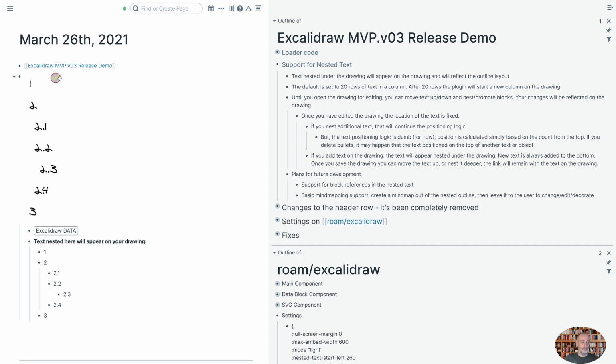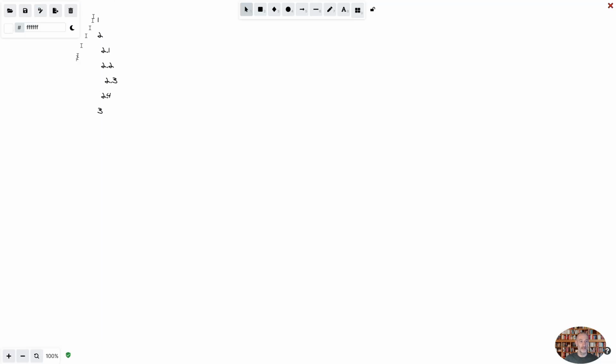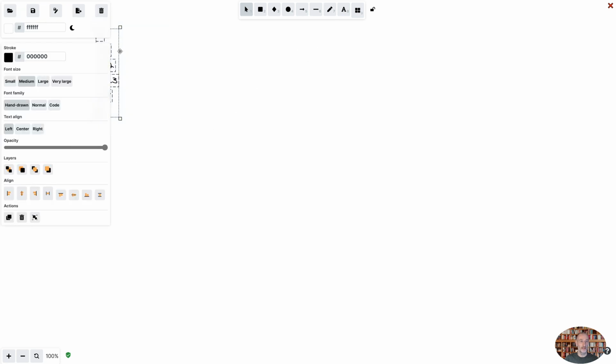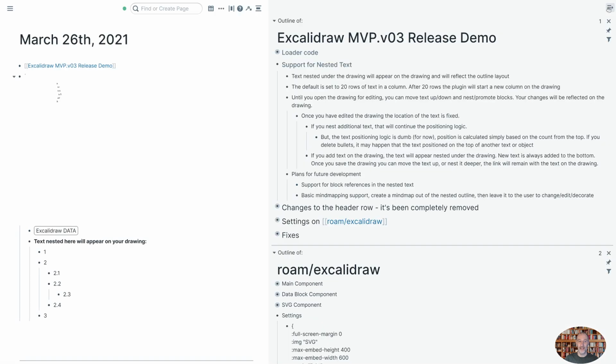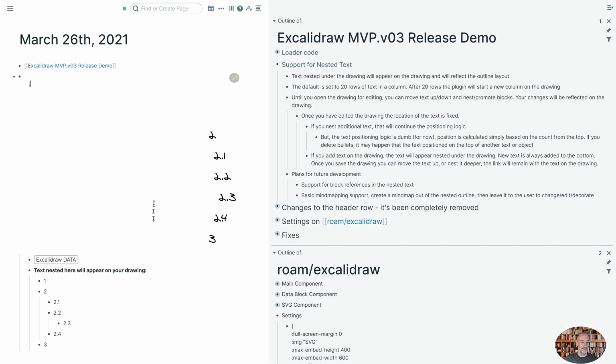Now, if I open up the drawing for editing, then you can see I have my numbers here, and I can do whatever I like. I can go ahead and move these numbers around. If I now close editing, I can see that I first of all didn't select number 1, so I just moved these numbers. But what I want to show you is if I now move a block around, the